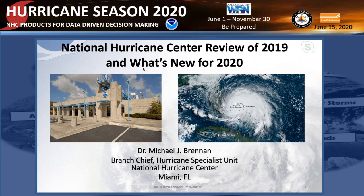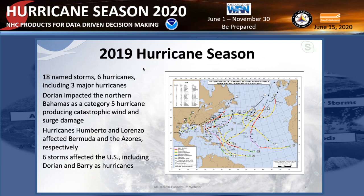So, looking back on the 2019 hurricane season, it was pretty busy from an overall storms perspective. We had 18 named storms. 6 of those went on to become hurricanes, including 3 major hurricanes. So we had 12 tropical storms that did not go on to become hurricanes. We had a pretty fair number of short-lived, relatively weak storms in the basin, but we had some very impactful